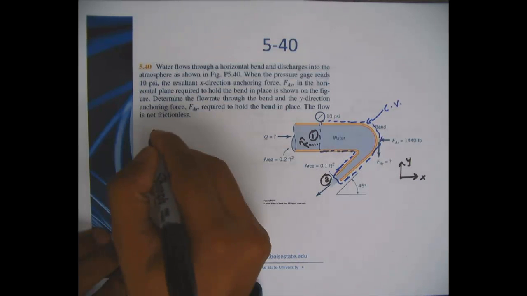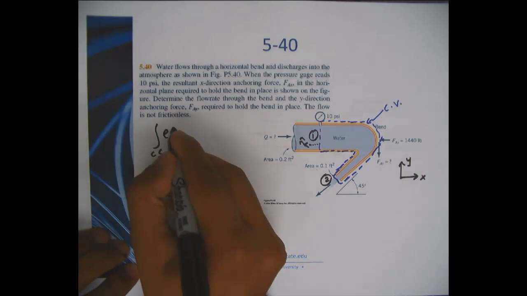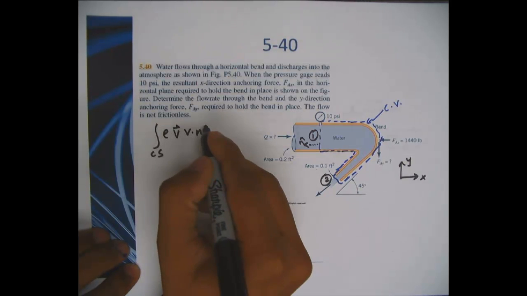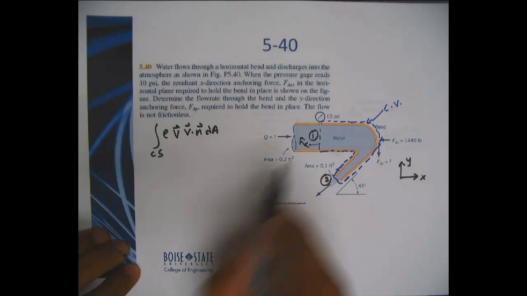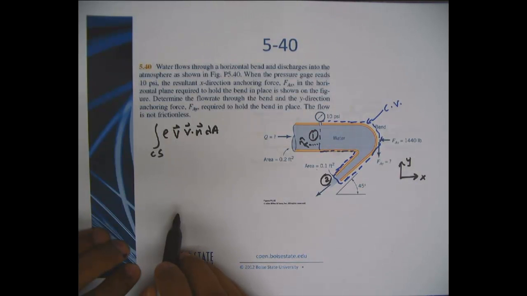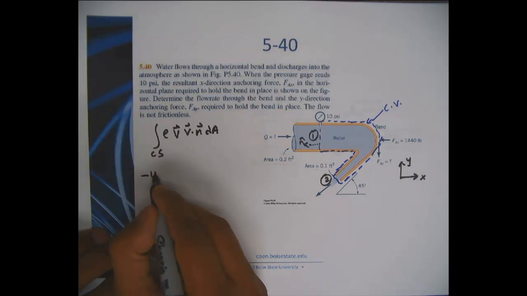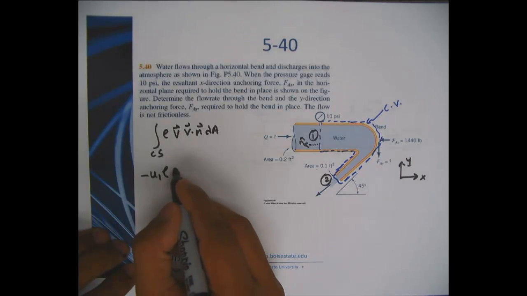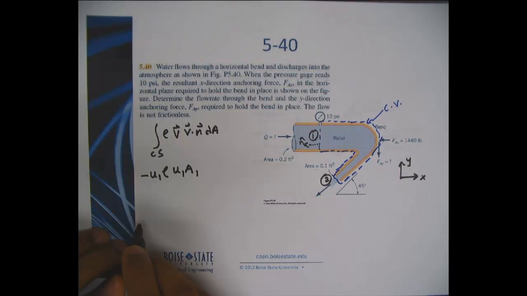negative. Okay, so for any control surface, the momentum is represented this way, right? So for this control surface at 1, I can write this as minus u1 rho u1 a1,